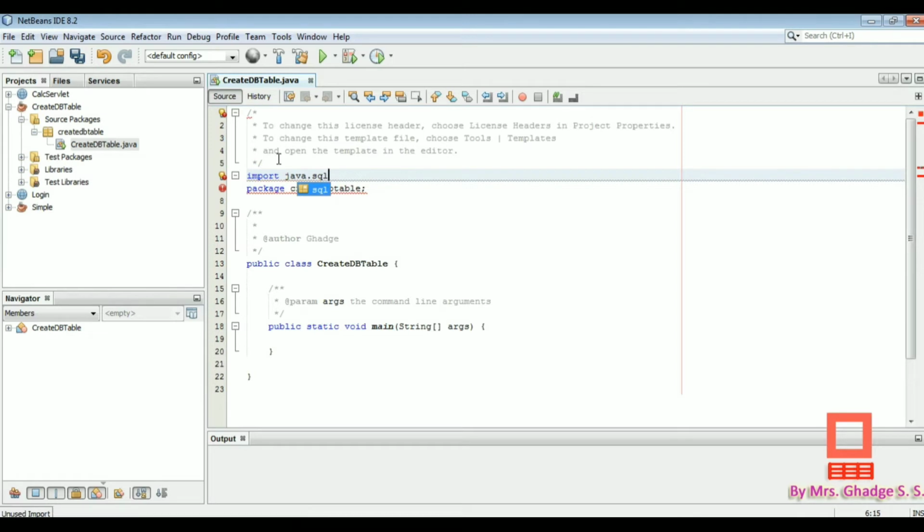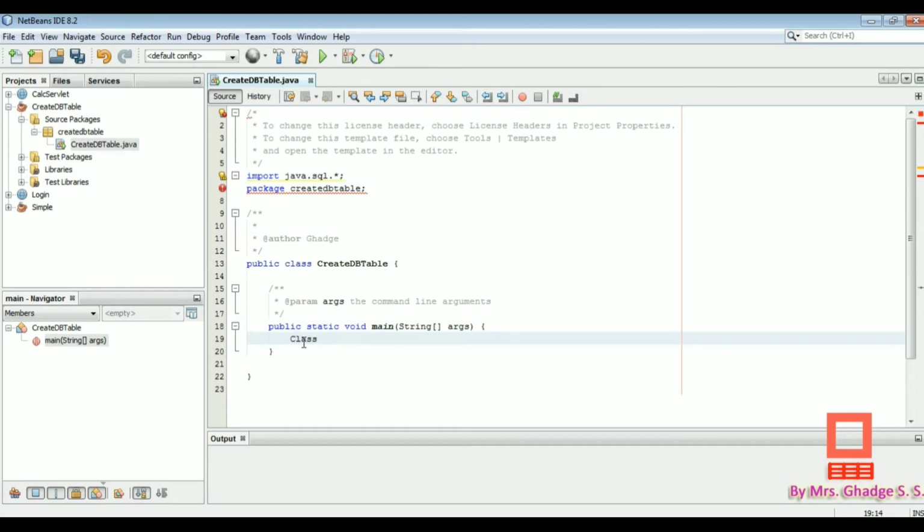This is the package which contains all the classes and interfaces related to JDBC, that is Java Database Connectivity. Here one message is shown, unused import, because we have not yet used any classes from this package.